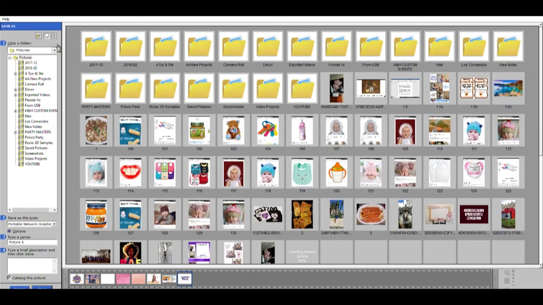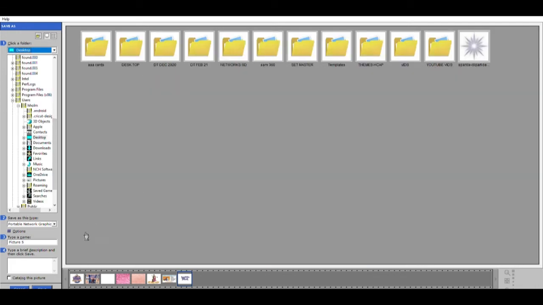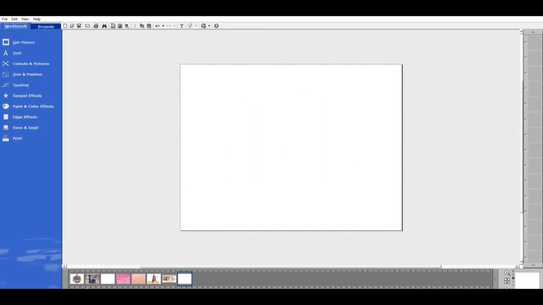I'm going to choose where I want to save this image, and I'm going to save it on my desktop for now. I'm going to give it a name. I'm going to name it Talia 1. And I'm going to save it. Then I'm going to delete this because I don't need it here anymore, and I'm going to go to the